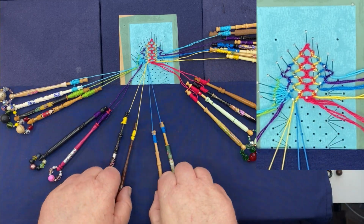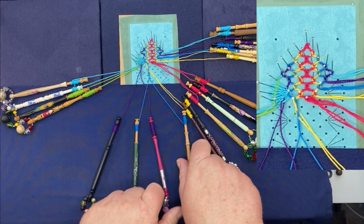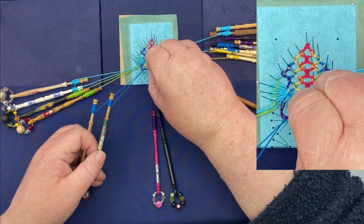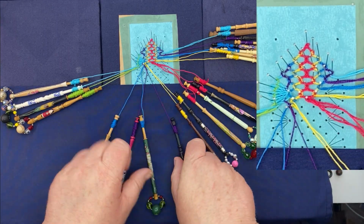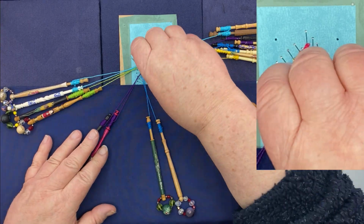Pin up, close with a cross stitch and twist. Then I'm going to do my next one, cross stitch and twist. There's so many choices. Close with a cross stitch and twist. And now I'm just going to